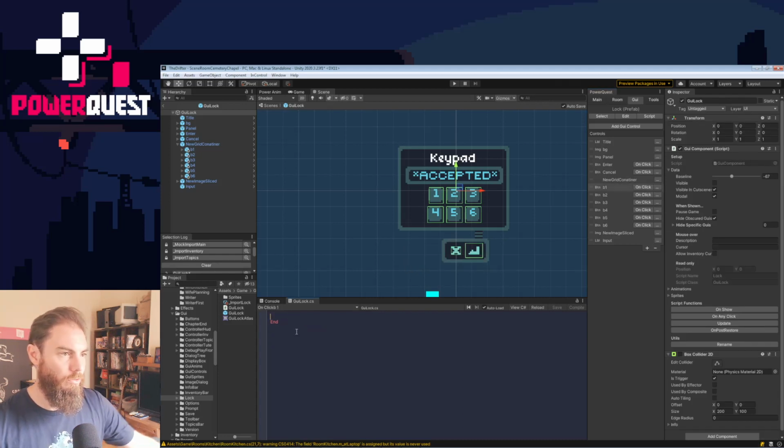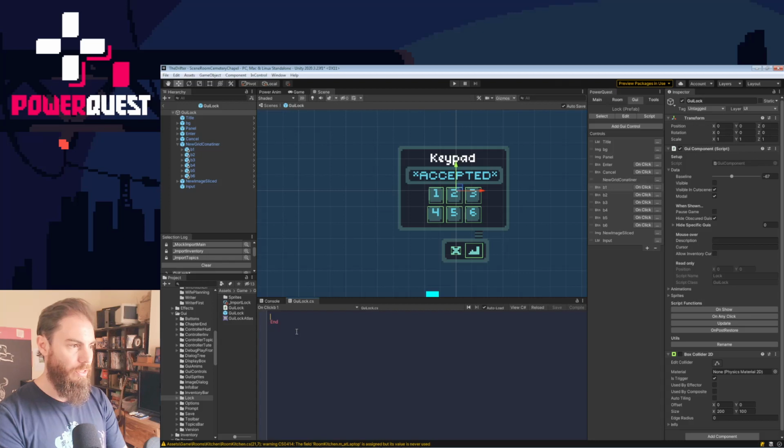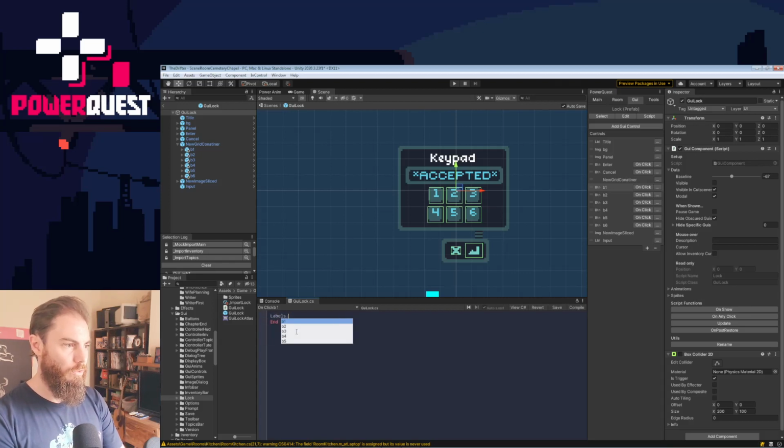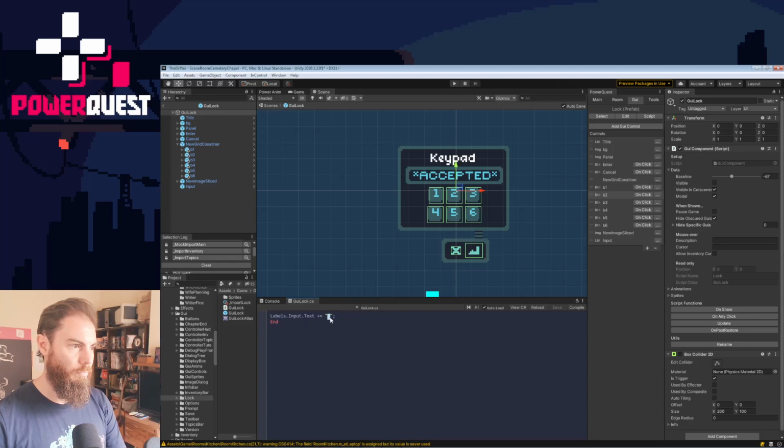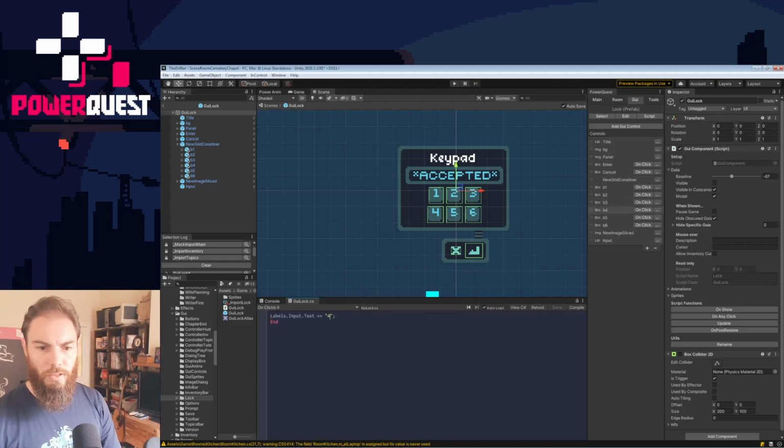All right, so I guess the easiest way to do this is labels dot input dot text plus equals, in this case it's button 1. Button 2. Button 3. Button. So yeah, the same way you'd